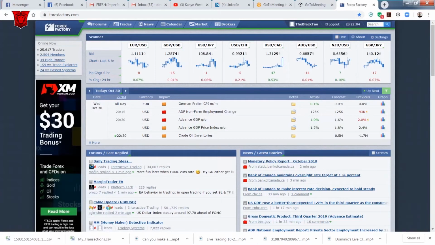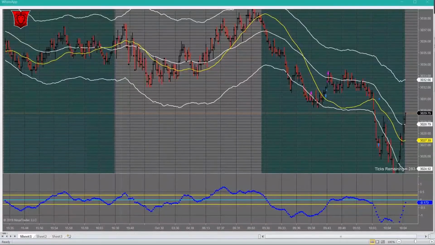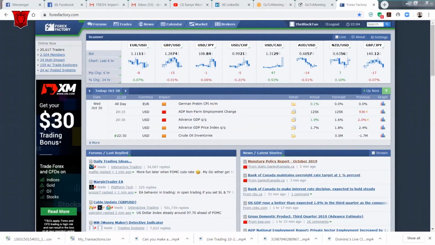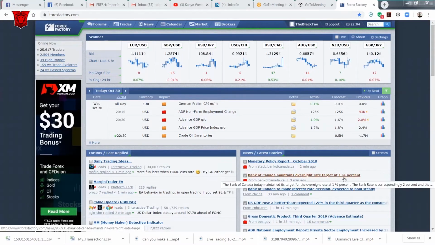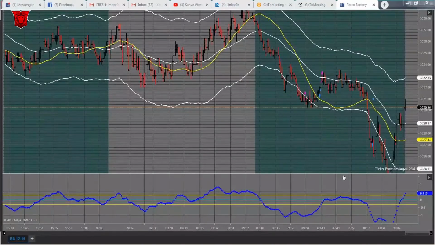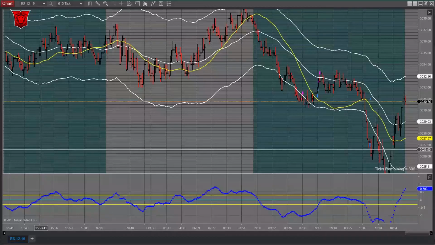That's what it was. And also, Bank of Canada maintains overnight rate target at 1.34%. So we'll see what's going to happen in terms of the Bank of Canada holding steady, and we'll see if the U.S. will follow suit later today. That's the reason why we have erratic behavior. Right there, Bank of Canada, I think they're holding it. It says here, maintains overnight rate target of 1.34%. So that's what it is. So we'll hold here and see what's going on.